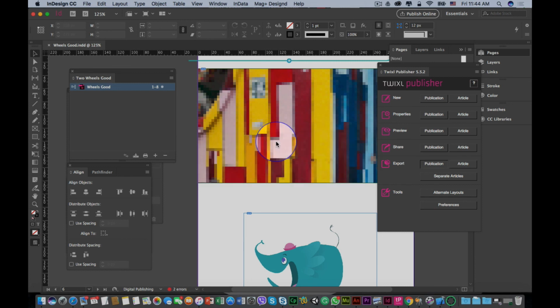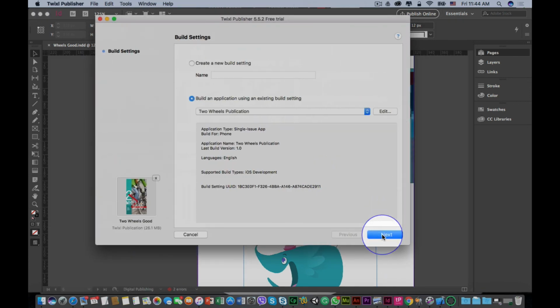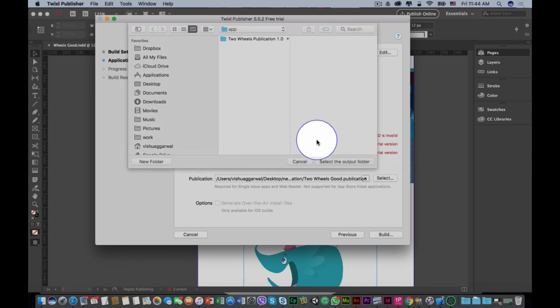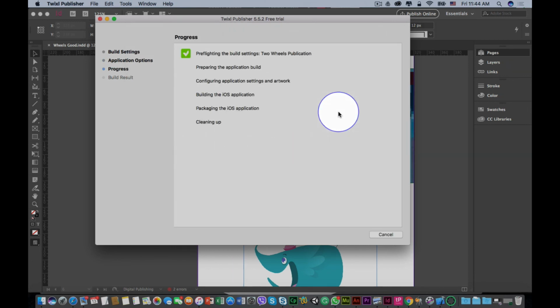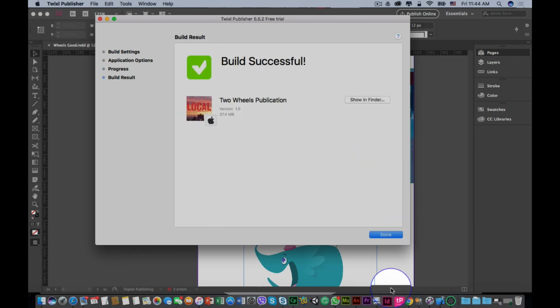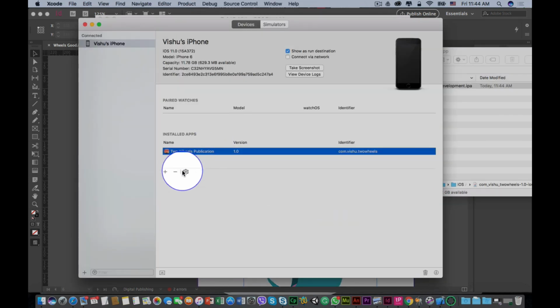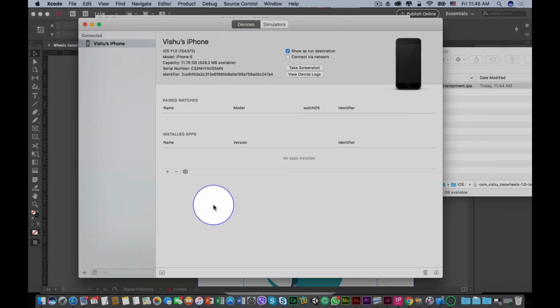So there you go, now it's published, and I will go back to my Twixl Publisher, click on done over here, and again build my app without changing any settings. I don't need to do anything. I can even change the version of it if I want. That's fine. I will just replace the application which we already have. Replace that. I'm going to quickly build that application, and it's built. So I go back, show in Finder, go back to Xcode, move the current application which I have, and then again copy paste the application. Now once done,